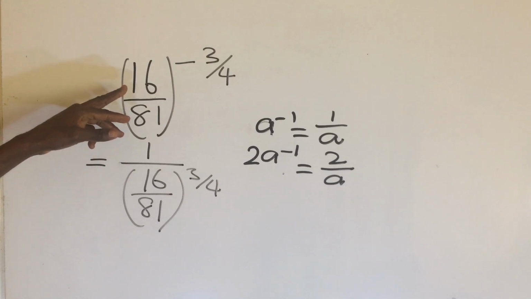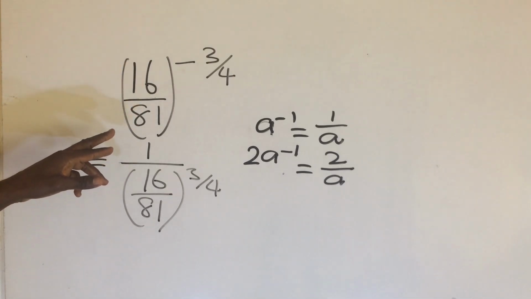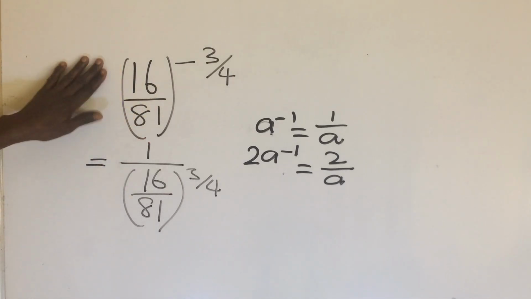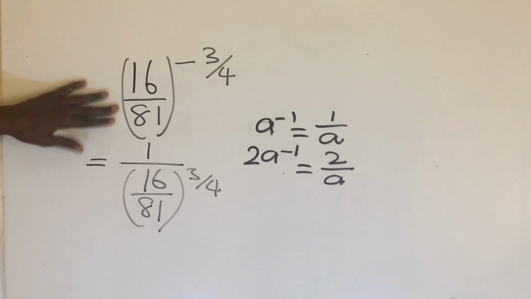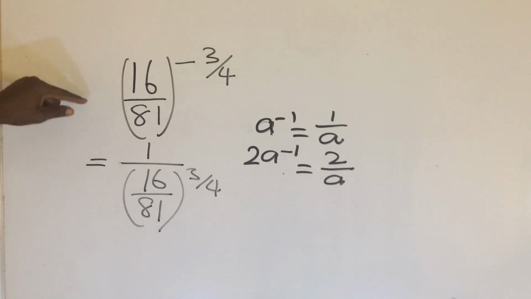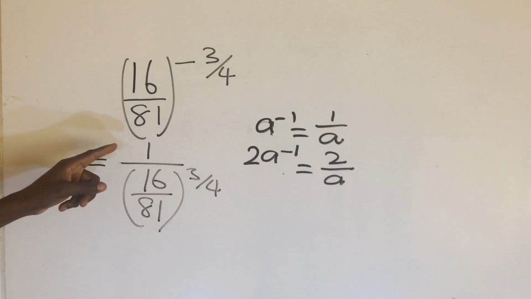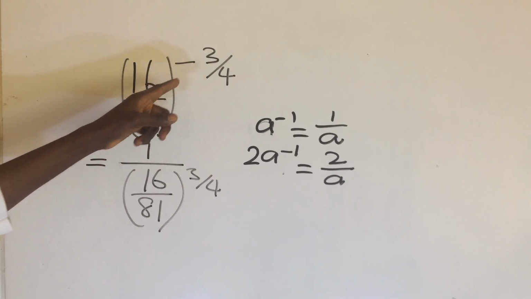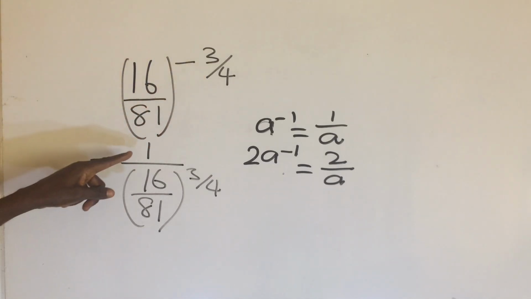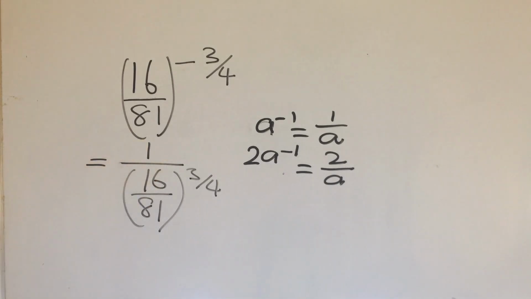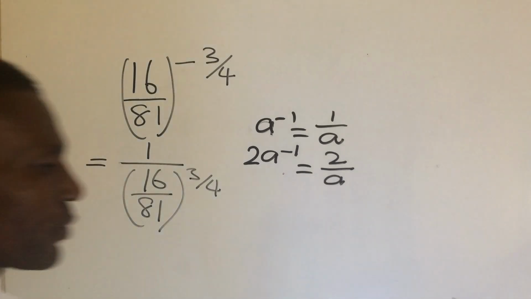The coefficient of 16 over 81 is 1, even though you are not seeing it. It means the minus sign has the power to lift that 1 all over 16 over 81, which if we continue,